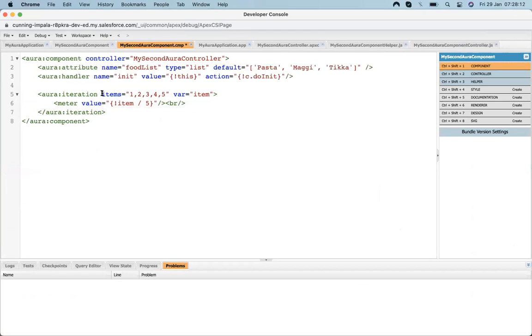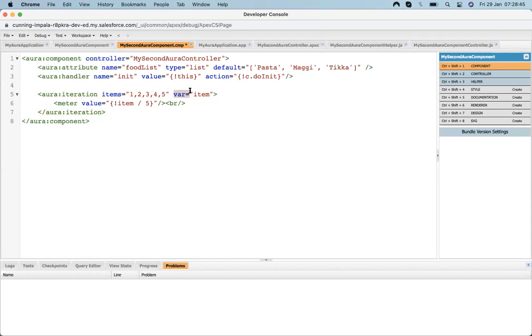It has two parameters. The first one is a list that will accept the list. The second is the variable. The same way we do in the VF page, where we also see the same thing: apex:repeat, with its value and var. Similarly, in Aura we have aura:iteration, and in Apex we know there is a for, then a list of items and its variable name. The concept has always remained the same.